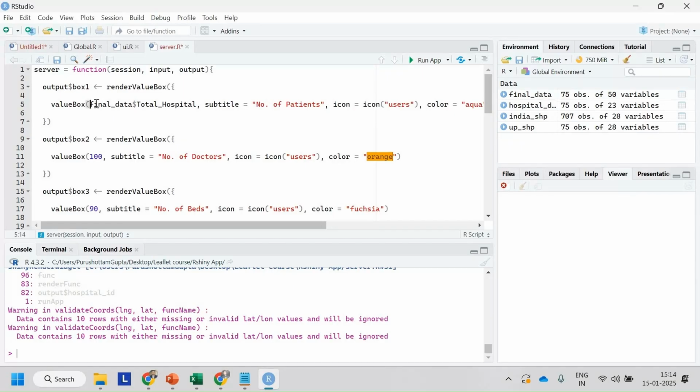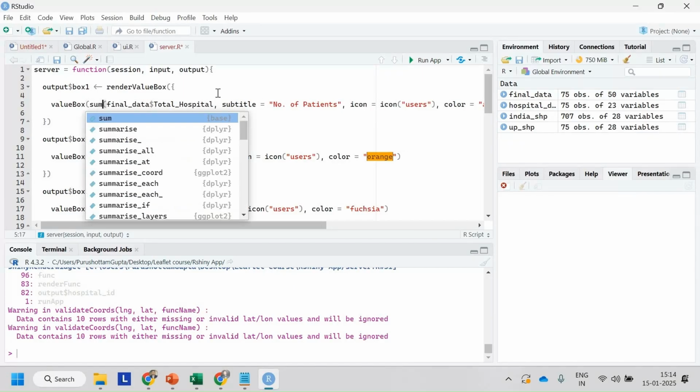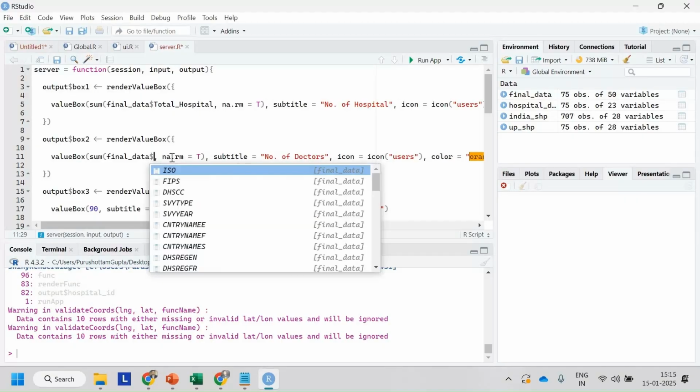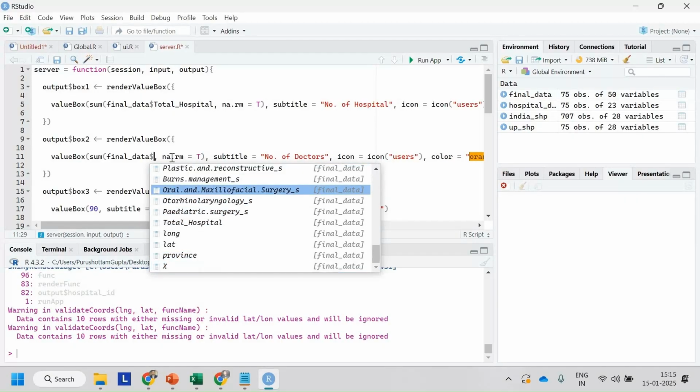For the total number of hospitals, we want to use this function sum, and comma, what? Remove NA. na.rm basically removes the NA and then it sums all the numbers. And here we can write number of hospital. Again, the same way, I can copy this whole code and paste it here, and in place of total number of hospital, we can write